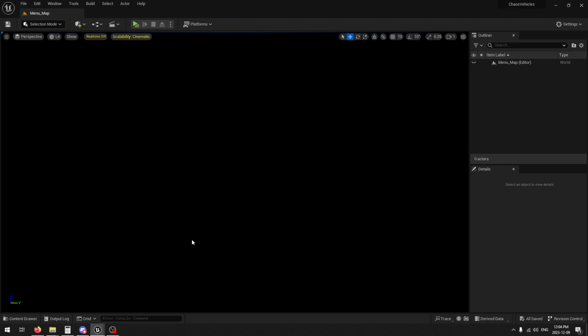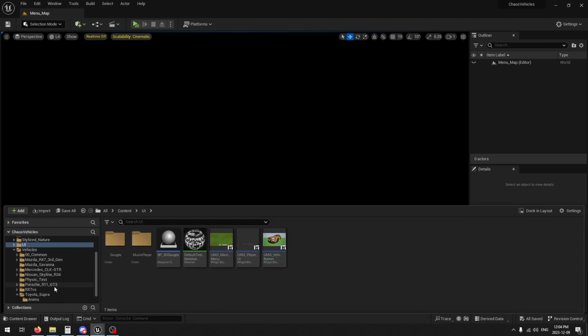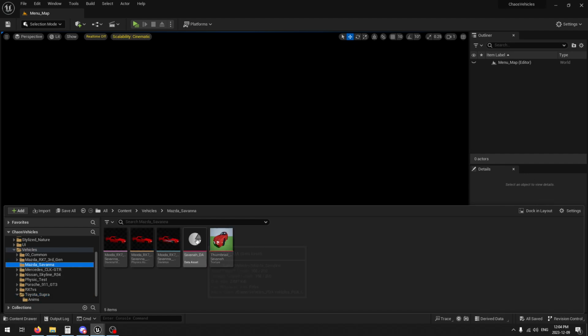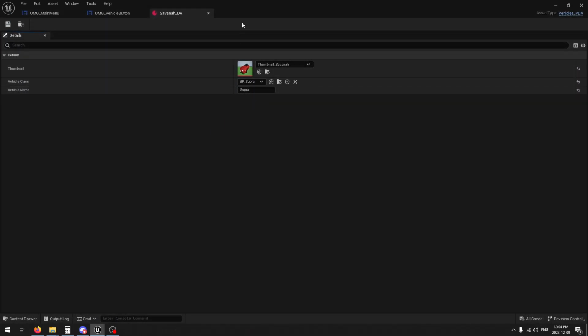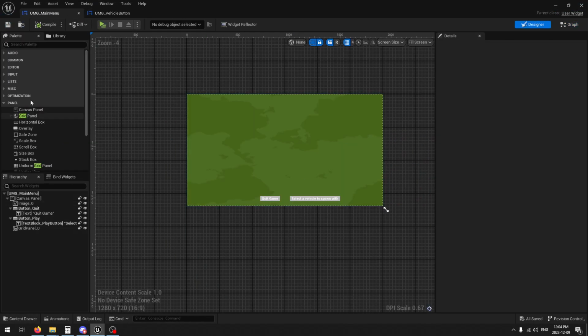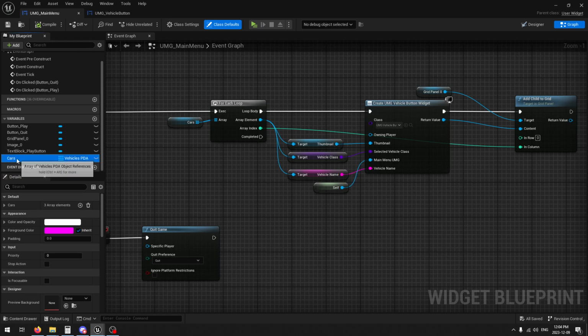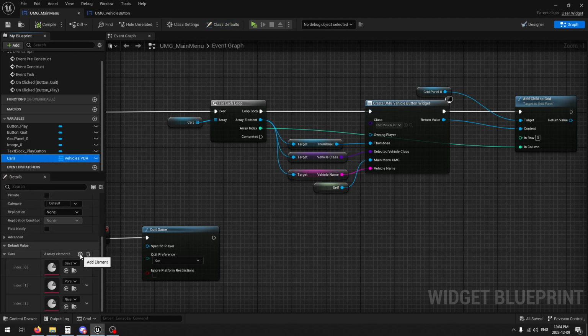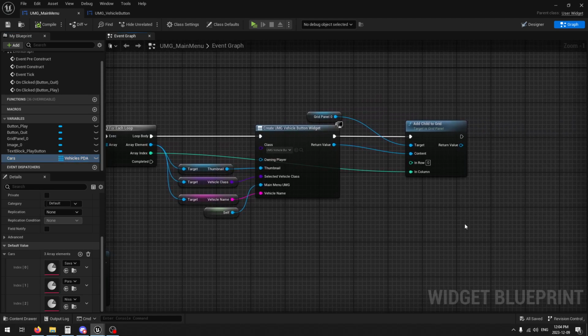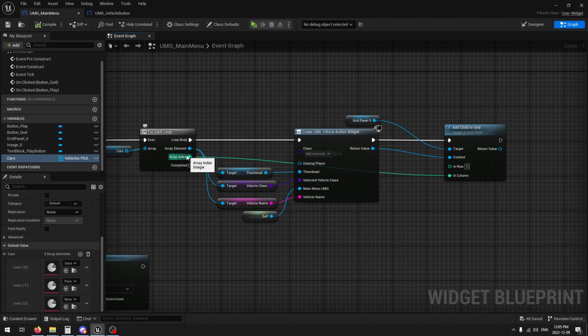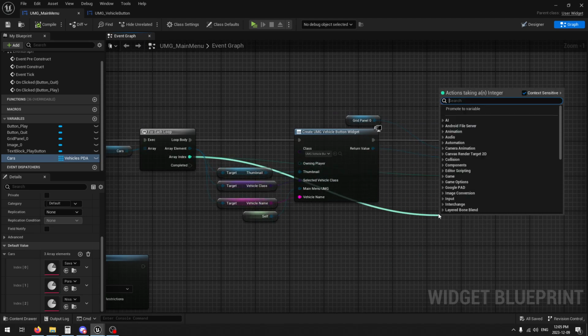And I believe this is it. Now basically you can create thumbnails for every car in your project. You can create a data asset for every car by just duplicating the one you've got and changing the infos in there. And then you can go here into the main menu widget, go into the cars array, and just add entries for every new car you want to add to the menu. And then that grid panel will expand to make room for all the cars you put in there. I will check how to actually automatically lay the buttons out, because that right there is a bit of a hack. Next video I'll be improving that menu,